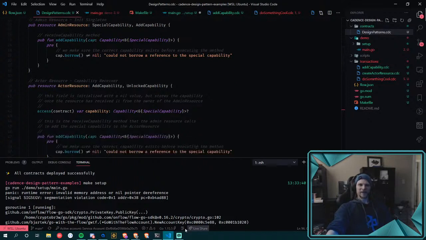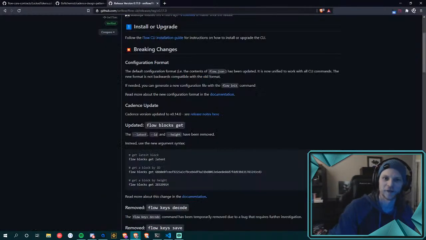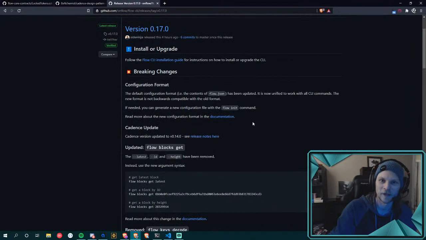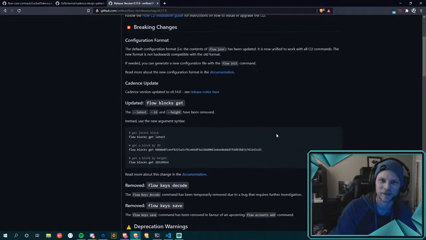But on the flip side, things change, and then you have to spend some time figuring out why and where they've changed so that your code works sometimes. And that's what I'm dealing with right now. We've got some tooling that makes the whole deployment process of working with smart contracts a lot easier. But one of the more initial steps of it is creating an account. And with the new version of the CLI and tooling that Flow has put out, it seems like there might be a little bit of an issue with our tooling. So I might be forced to